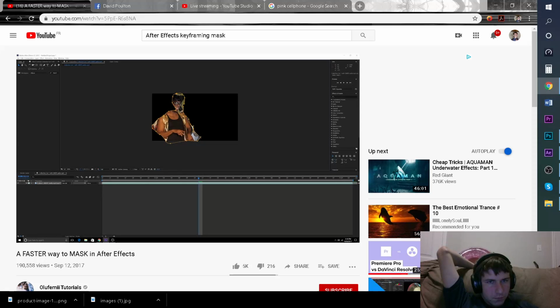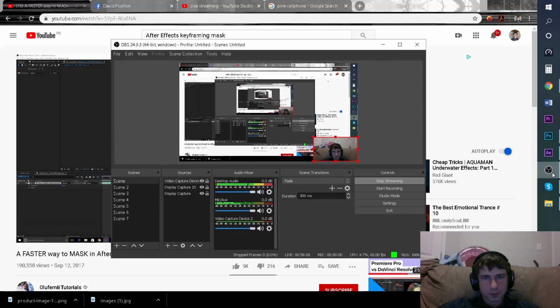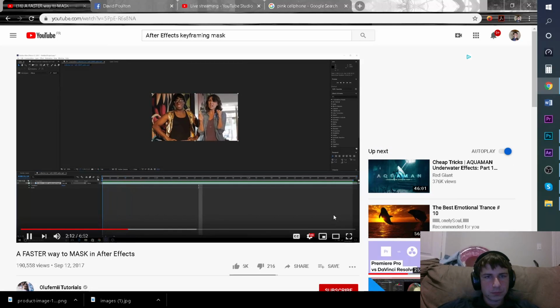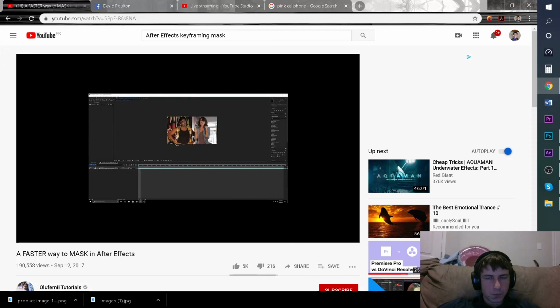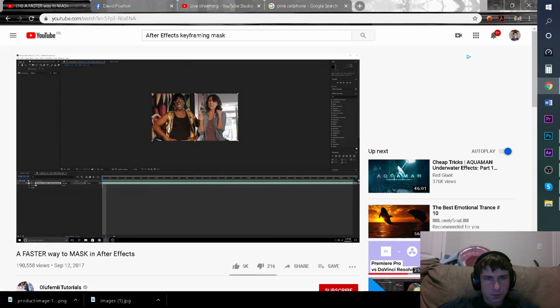So what is a quicker way to mask? Check this out. Do these two things. I'm going to undo this mask. I'm going to delete this mask. And I'm going to show you this. The first thing that you're doing wrong is you're actually masking on the clip. This can suck because when you actually complete your mask, everything outside of your mask becomes black, so it's hard for you to distinguish where the edge actually lies. Instead of putting your mask on the actual clip, put it on an adjustment layer above the clip. Okay, so you put the mask on the adjustment layer